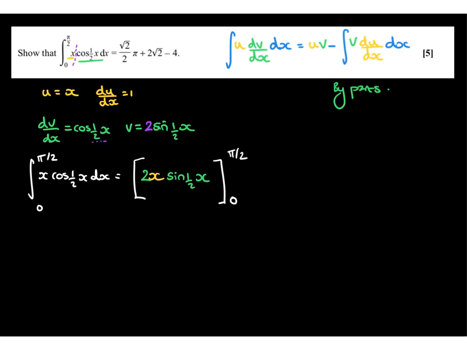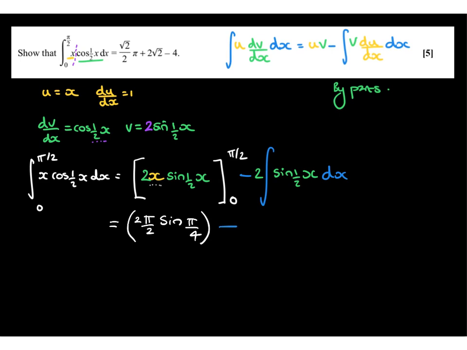And then we're subtracting from that the integral of v, which is 2 sine a half x multiplied by du by dx, which is 1, and that's being integrated with respect to x. Okay, so I might put the limits in at this point here. So that's 2 times pi by 2, and then sine pi by 4, and then my lower limit will just give me 0 because when it's substituted in for x here, we just get a 0. We then have